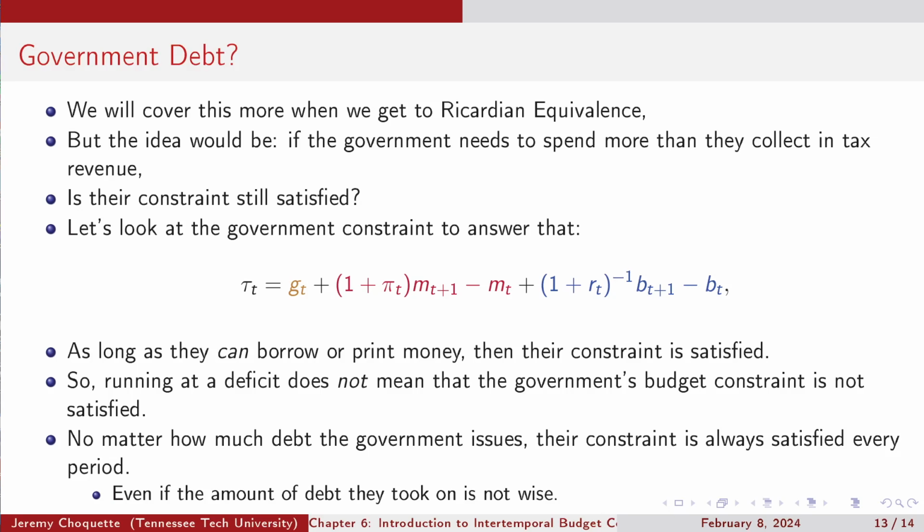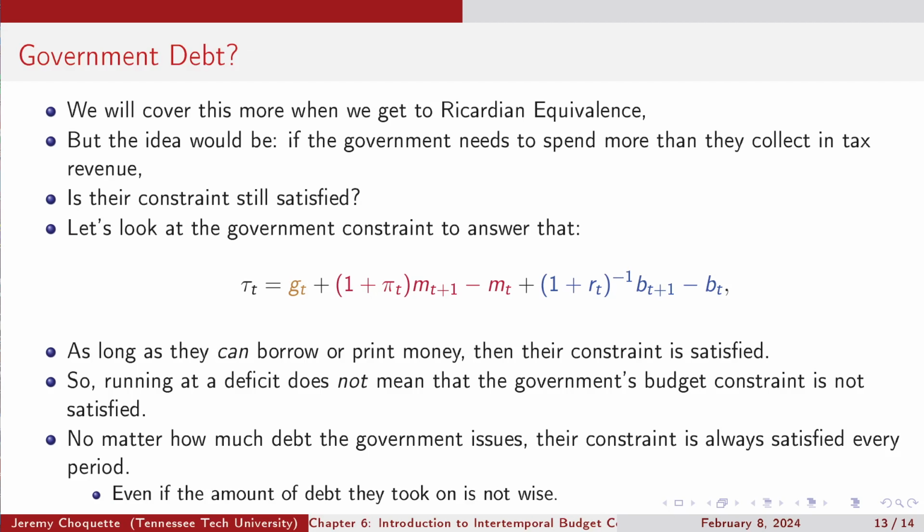Because in this case, taxes are equal to government spending plus 1 plus inflation times MT plus 1 minus MT plus 1 plus the real interest rate to the negative 1 times BT plus 1 minus BT. So running a deficit doesn't mean the government's budget constraint isn't satisfied. In fact, no matter how much debt the government issues, as long as somebody's buying it, as long as they can convince enough people that their debt is good, that they're good for it, well, the constraint's always going to be satisfied because there's always going to be